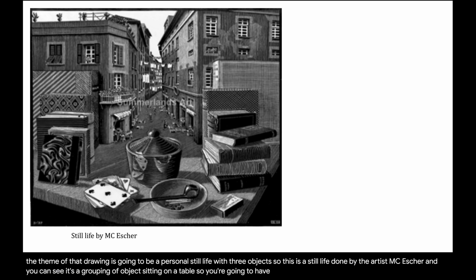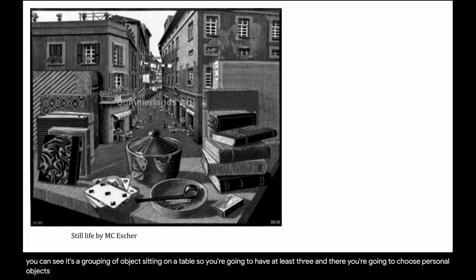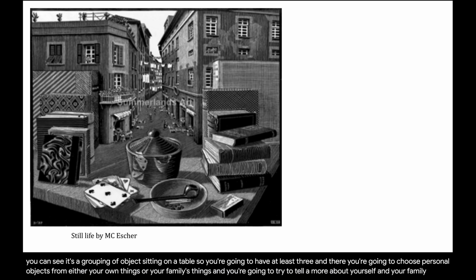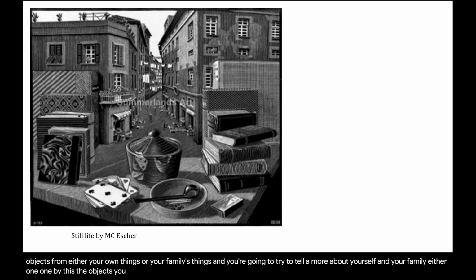So you're going to have at least 3. And you're going to choose personal objects from either your own things or your family's things, and you're going to try to tell more about yourself and your family, either one, by the objects you select. So here we see books, cards, a pipe, matches, and maybe a tobacco tin. Of course, you're going to keep it